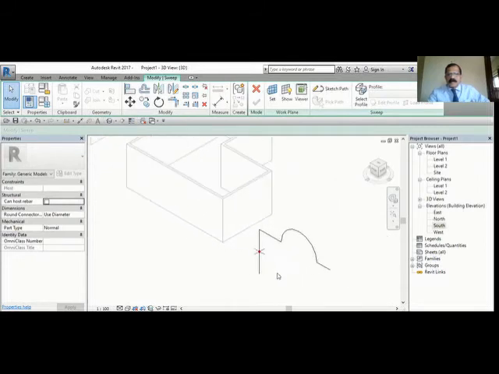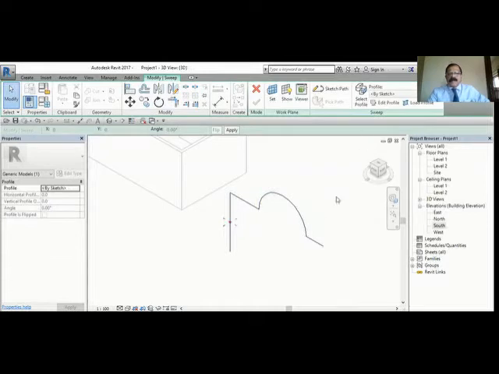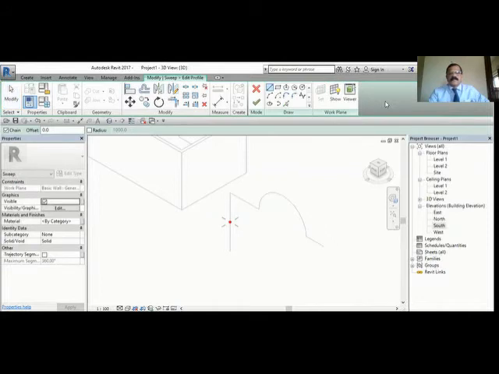You can see that now we have to draw the cross section. You can draw from here itself if you want. Okay, you select this. You select that and you get here edit profile. Click edit profile. Now you can draw the profile you want. Suppose I want to create a circular object here. I can use a circle. If I want hexagon, I will draw a hexagon here. I have drawn a hexagon here. So this hexagon will pass through all this and create a 3D object.